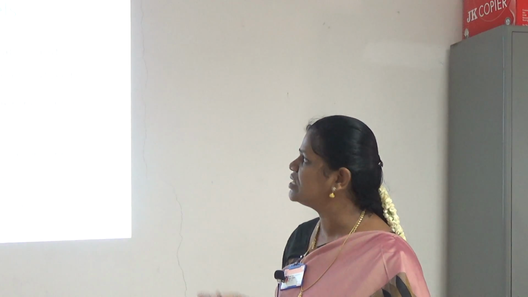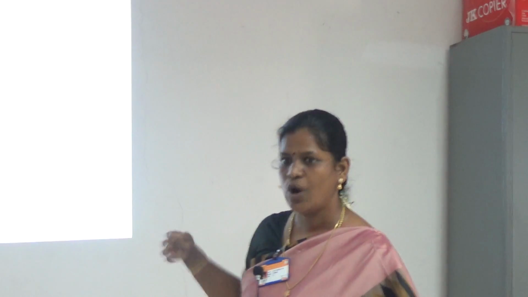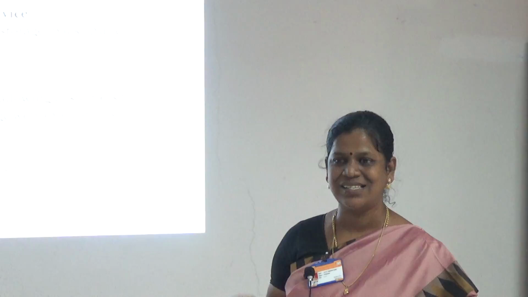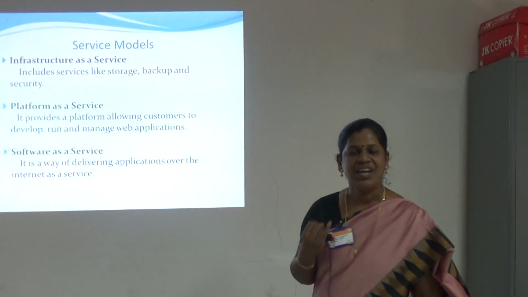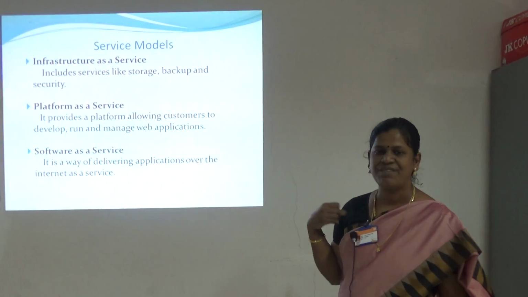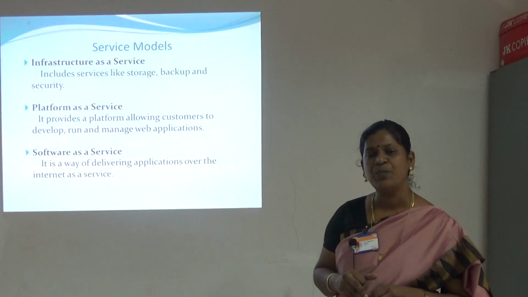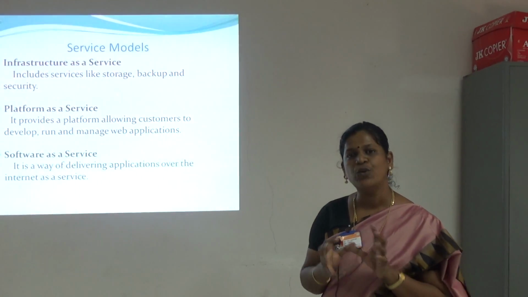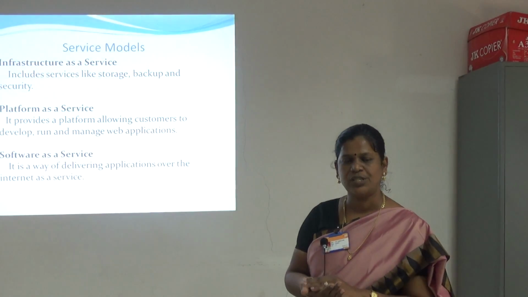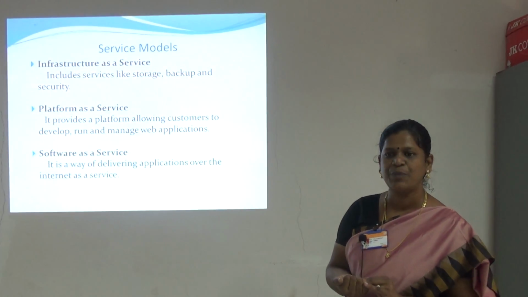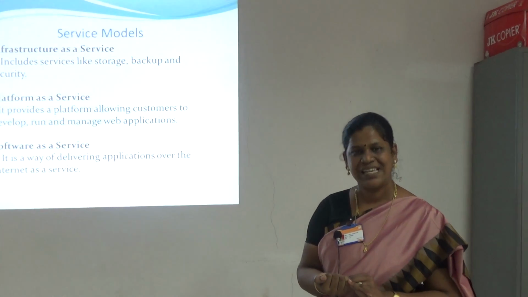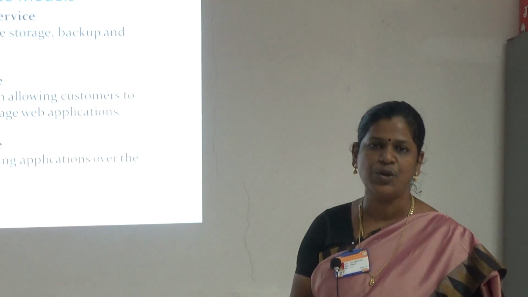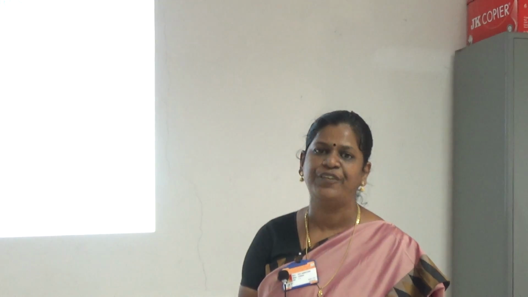The next topic is the service model. What services can you use if you are accessing the resources from a remote system? You can use three types of services: infrastructure as a service, platform as a service and software as a service. Platform as a service means that if you do not have a platform for doing your process, you can take those resources from the remote system. Software as a service means that if you do not have the required software, for example Perl or Python, in your system and you want to buy it, instead of buying it you can get it from the remote system.